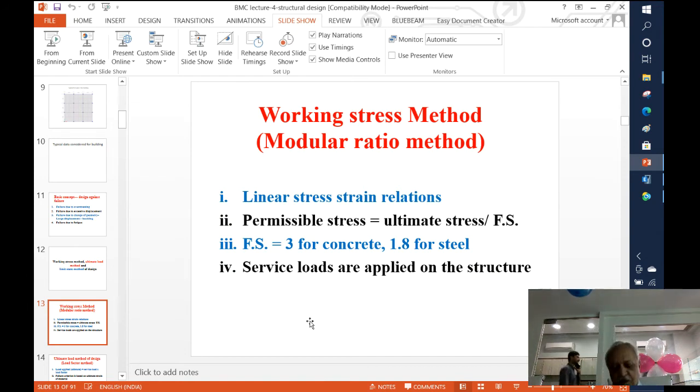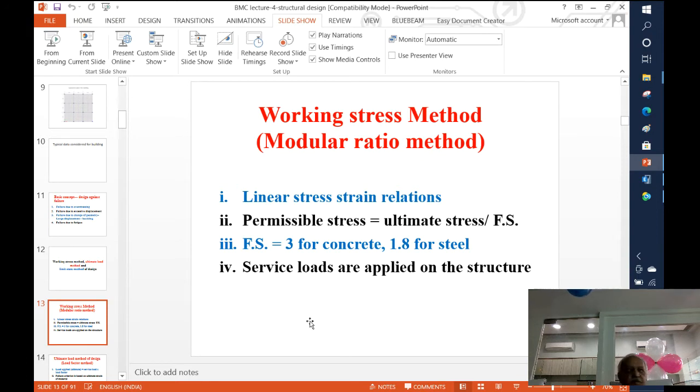Out of that, our code primarily permits the limit state method, but for understanding we will consider the other 2 methods also, just to see what basic concepts are involved, because the limit state method encompasses these 2 methods. The first was the earliest method, the working stress method, which was in use for quite some time, and over the years, for various reasons, it gave rise to the ultimate load theory, and finally the limit state method.